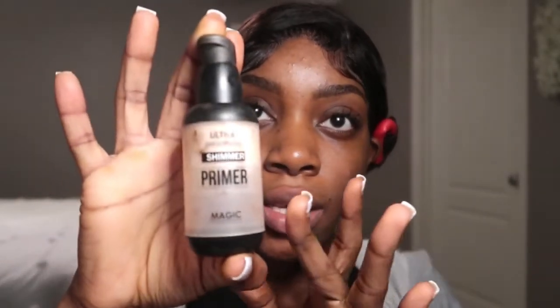Alright, so the brows are done. I'm gonna go ahead and go in with my primer, the same primer that I always use. It's the Shimmer Primer that I got from the beauty supply store, and I'm just gonna apply that to my skin. As you can see, y'all, I am breaking out a little bit because I